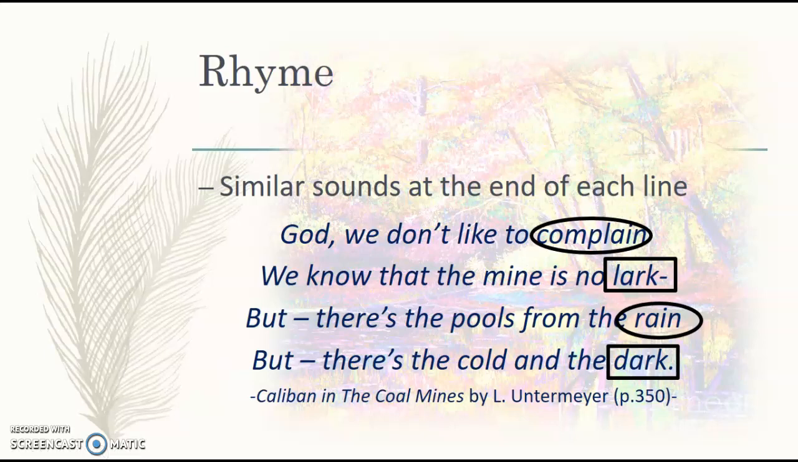Now, just real quick, let's talk about the content of this poem. God, we don't like to complain. So the speakers here are saying that they are not complaining, but they are just informing God of their current experience, which is about their fear of the pools of the rain and the coldness and darkness of their situation. They're comparing their current place to a mine, and they are also saying that there's no lark in there. When we say lark, we refer to a bird,